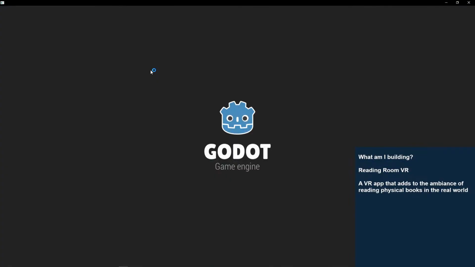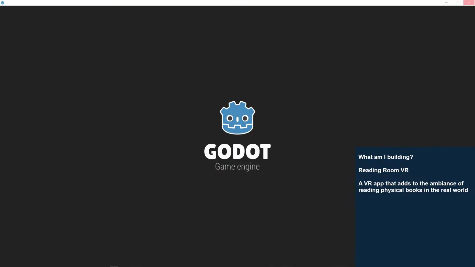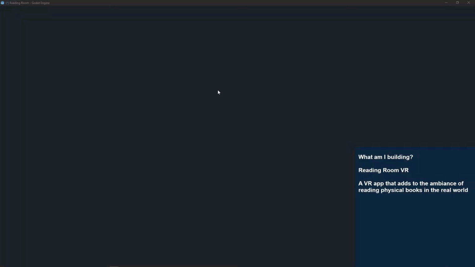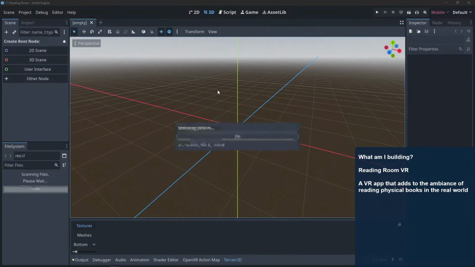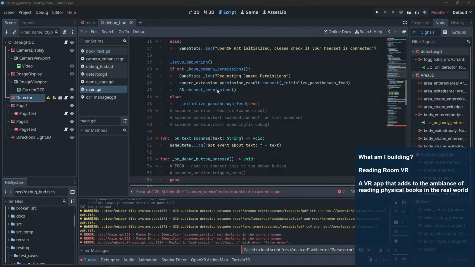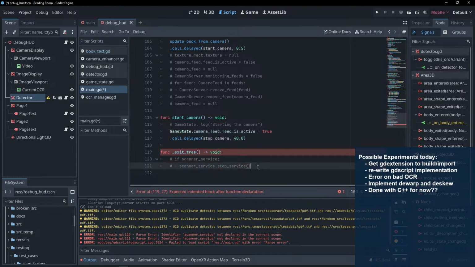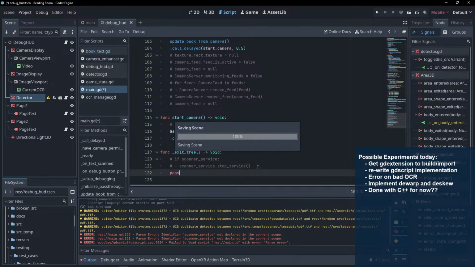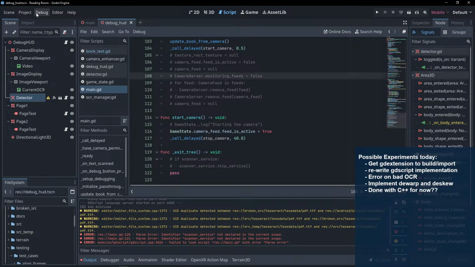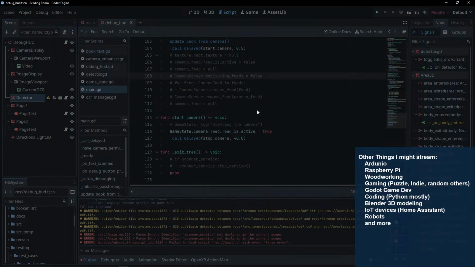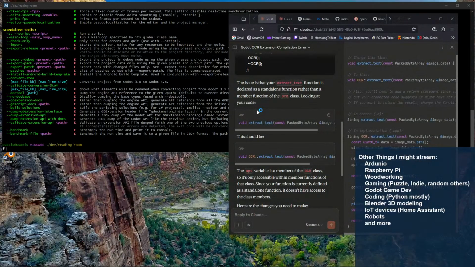I hate how I have to do this tedious operation, but it is what it is. Oh, right, the exit tree. Let's just reload it and see what happens.